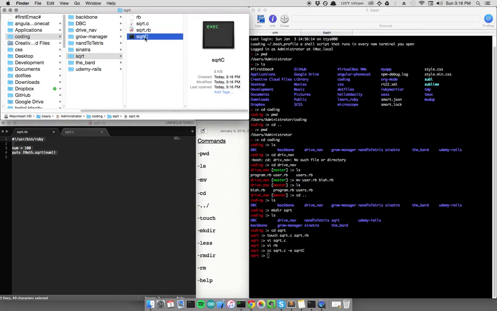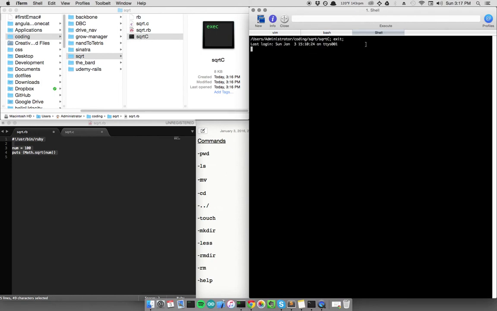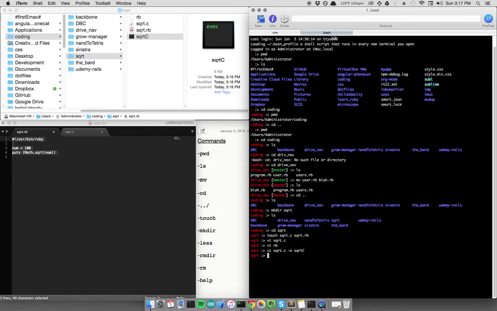And so over here is the now compiled C program. And if we list the files, we can see all of these, which are white, are not executable, but the square root C one is. And we can see that more visually if we ls -l, and then we can do a wildcard, which will show all the files